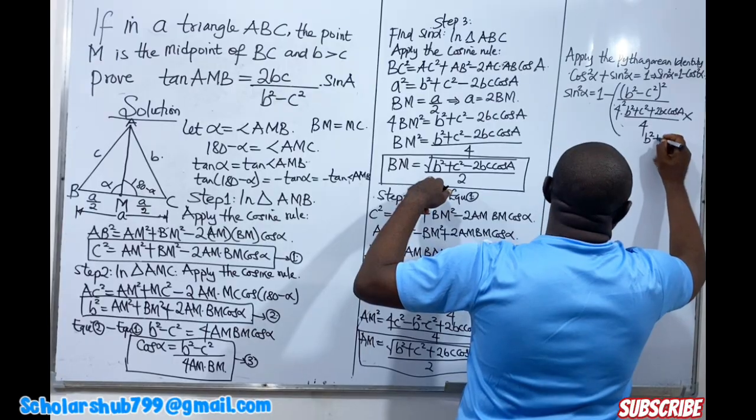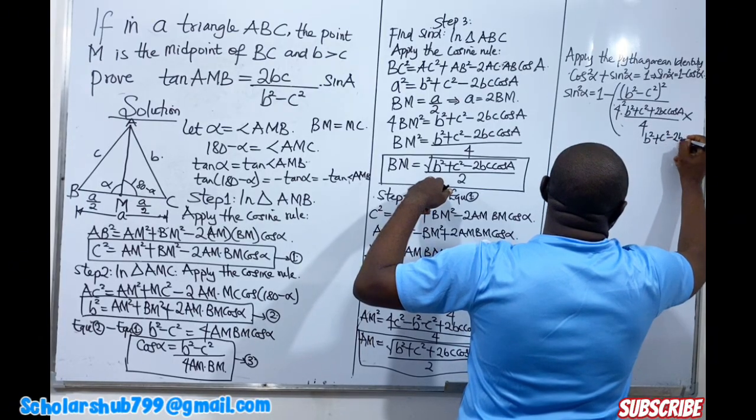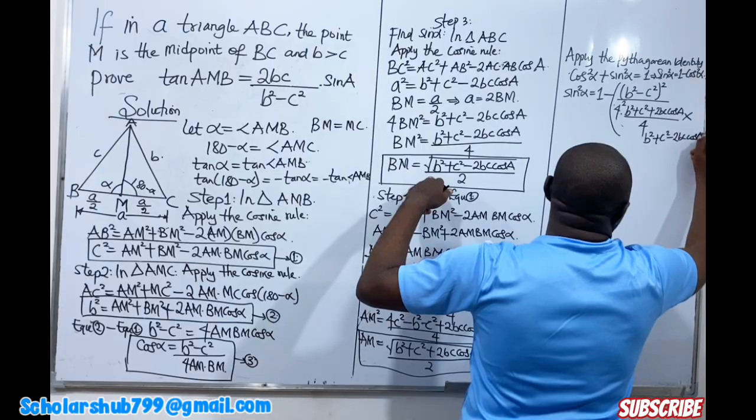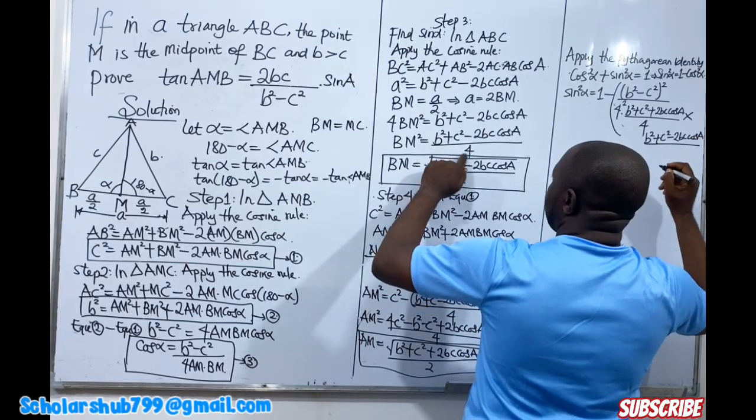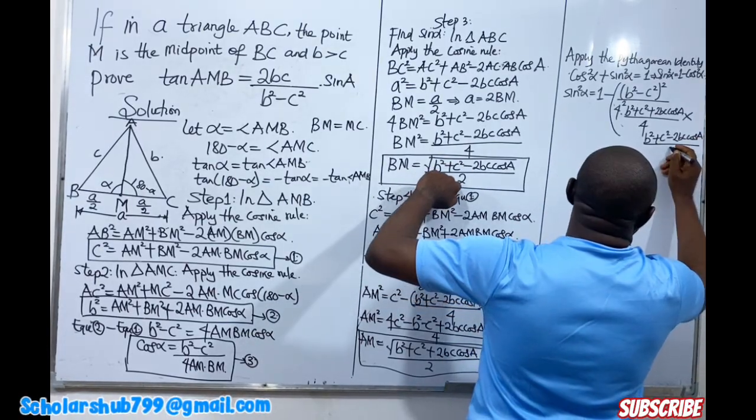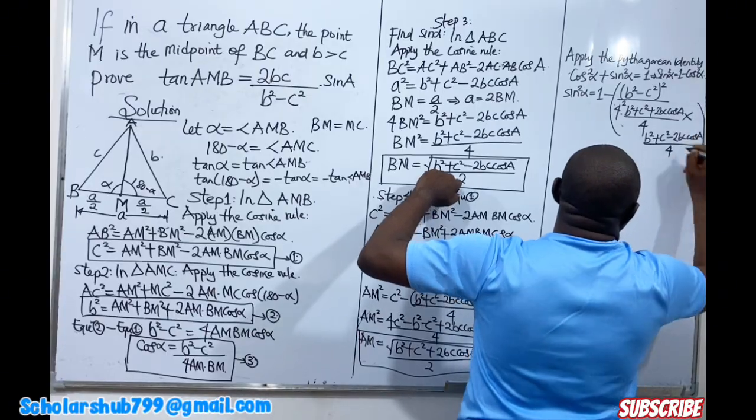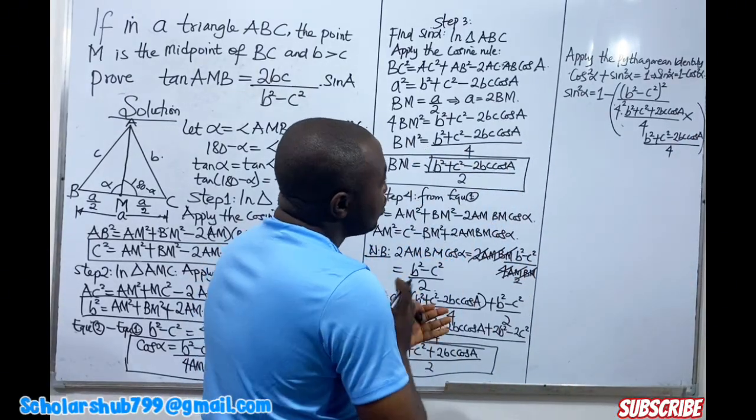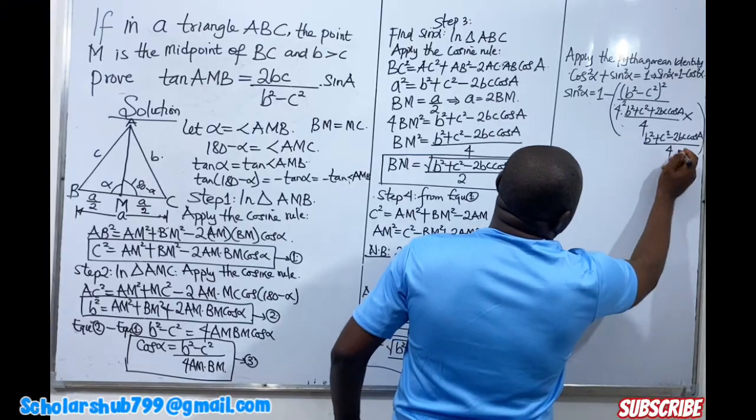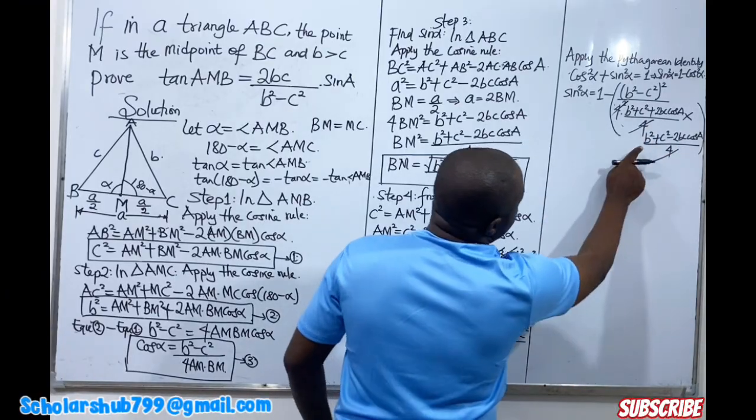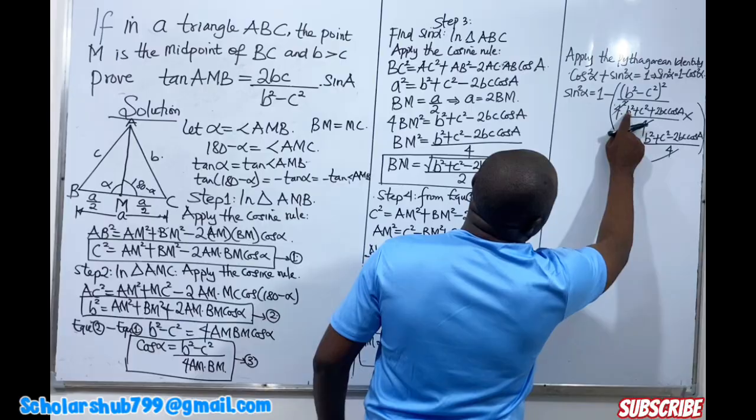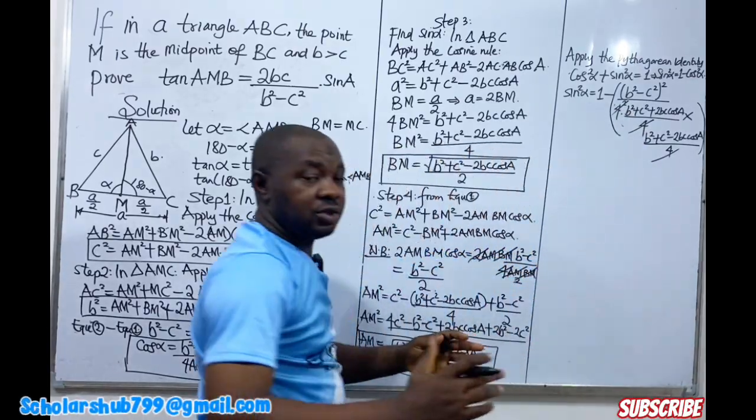b squared plus c squared minus 2bc cos a, divided by, so this will be raised to the power of 2, that will be 4 as well, close bracket. All right, so now 4 times 4 is 16. So this will cancel out. So here we have b squared plus c squared multiplied by b squared plus c squared, because here we have